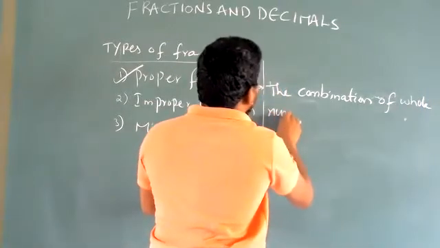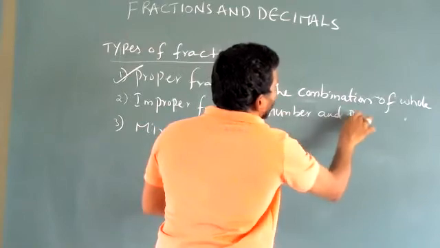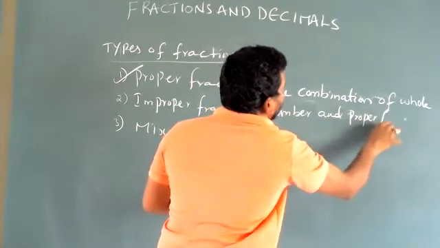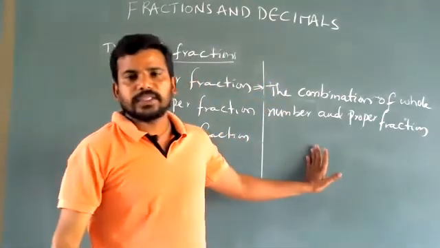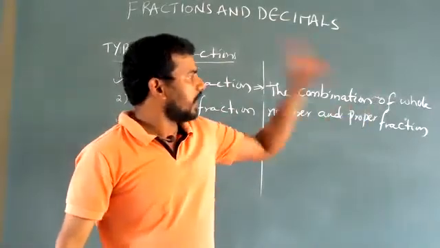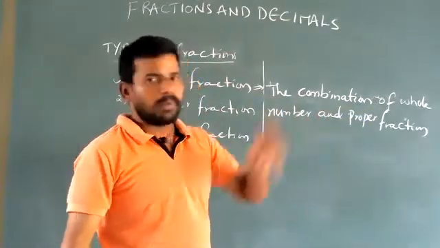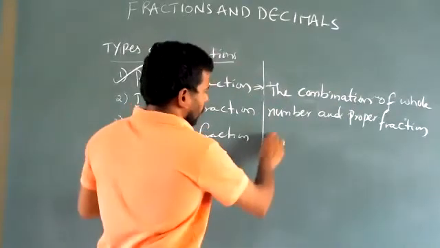The combination of whole number or whole part and proper fraction. So it is called what, children? Mixed fraction. Once again, the combination of whole number and proper fraction. So it is called mixed fraction. Examples: